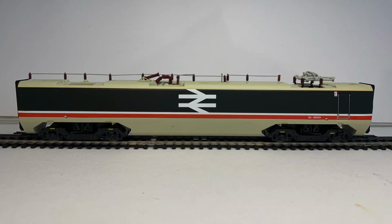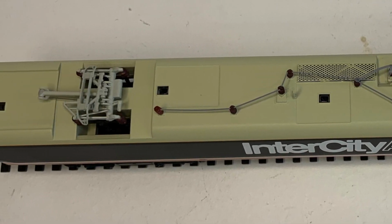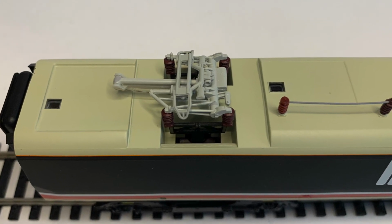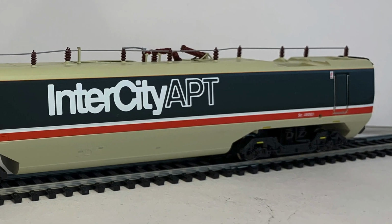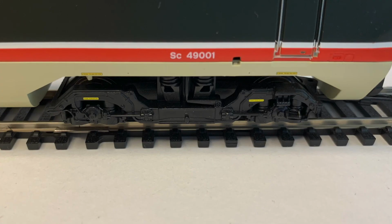But taking a look at it, it has got plenty of detail on the roof. We've got all of those insulators and the wires running along. The main difference between this and the NDM in a previous video, apart from the actual running numbers, is the fact that this has the later style pantograph and not the earlier one. So there is a difference in the pantograph fitted to the top. Otherwise, pretty much exactly the same as that of the power units from the video I'd looked at previously. This one has a running number of